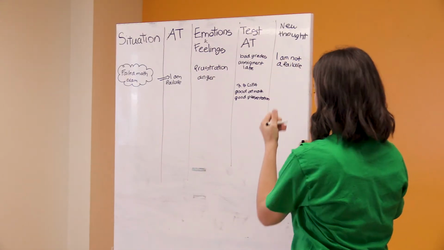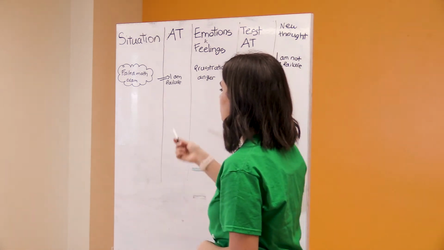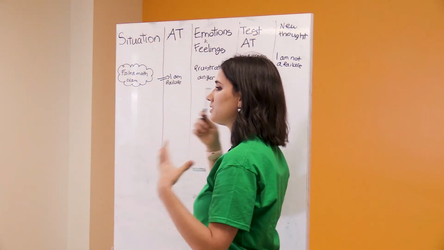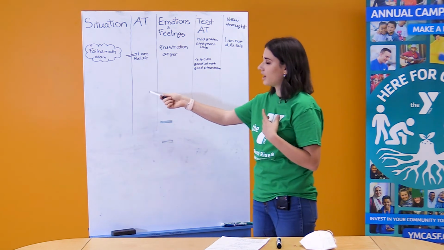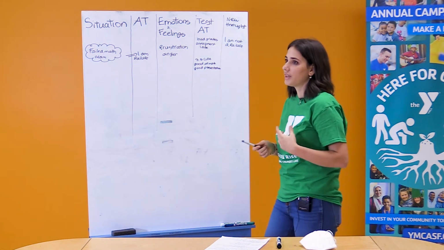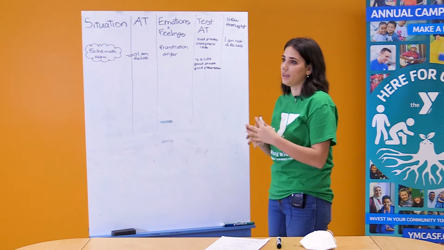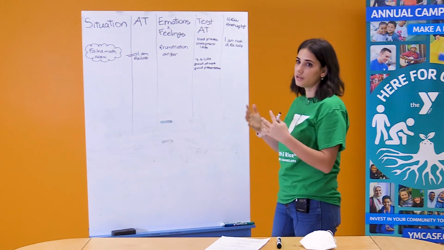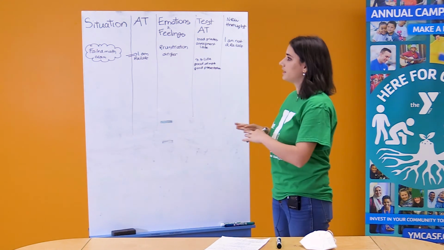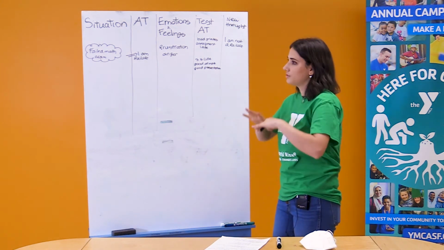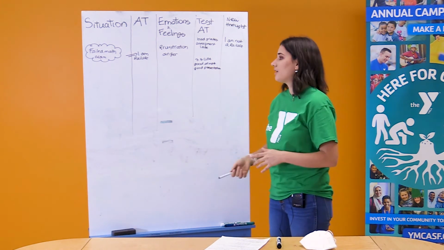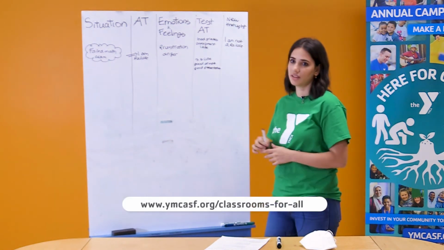You see how automatic thoughts are so unhealthy to us. This is why it's extremely important to identify them and to challenge them so that we can change how we live. And I encourage you to do the same at home. Take out a piece of paper whenever you feel sad or depressed or you notice a change in your mood, and fill out every piece of information on it.